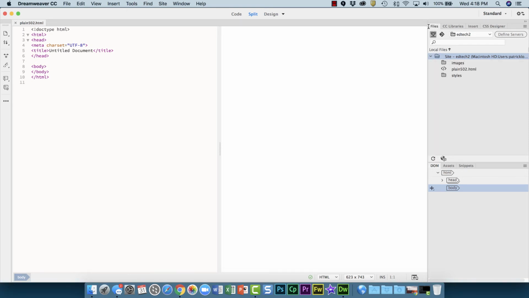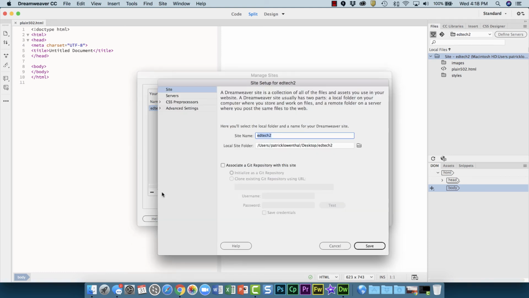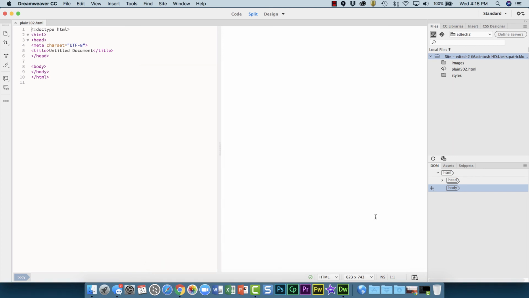Later you're going to go into your site and manage it in another video, and you're going to learn how to create an FTP connection to upload those. You'd go to this pencil and go over here and set this up. We'll do this in another video, but this is the basic way to get Dreamweaver installed and set up on your computer.